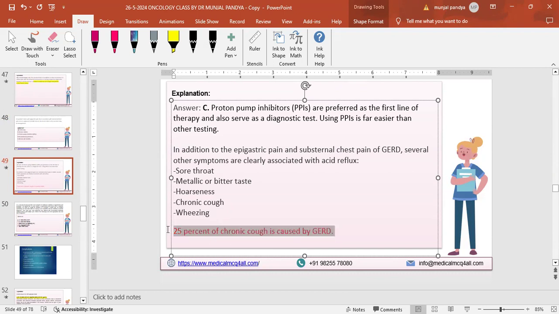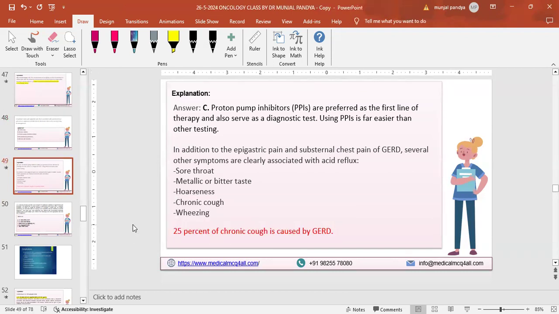So every time there is a chronic cough, don't look only at the lung, look at the GERD, because 25% means 1 out of 4 patients has GERD, and because of chronic reflux disease they have irritation in the throat and larynx, and they present with the cough. So you are doing hundreds of X-rays and CT scans of the chest, but you are not giving a PPI. So just give a PPI. It's the easiest way. That's it. So this is GERD.